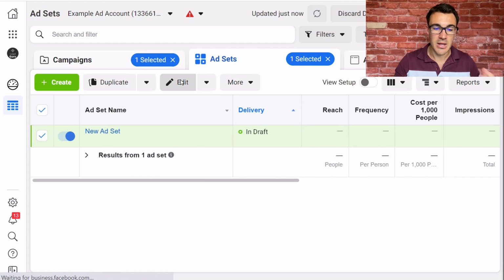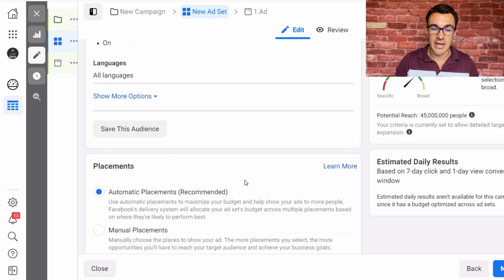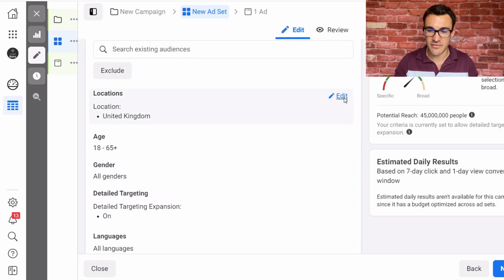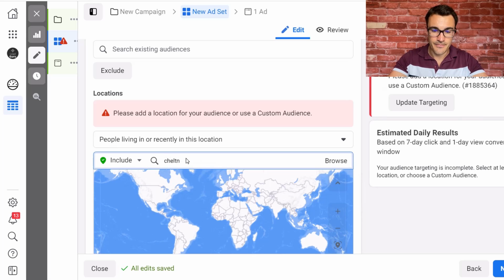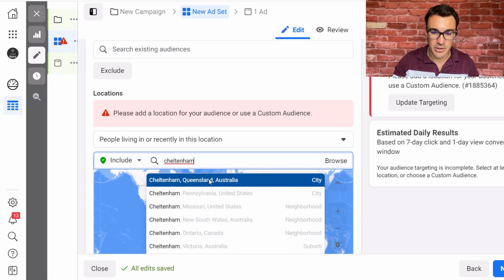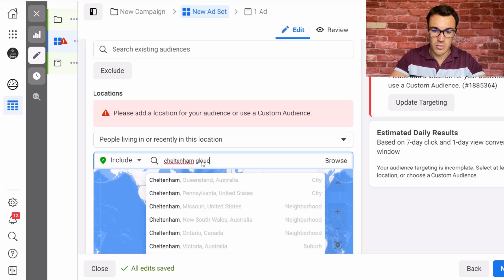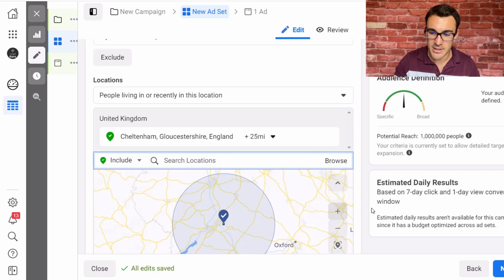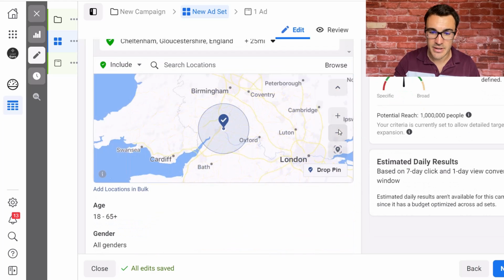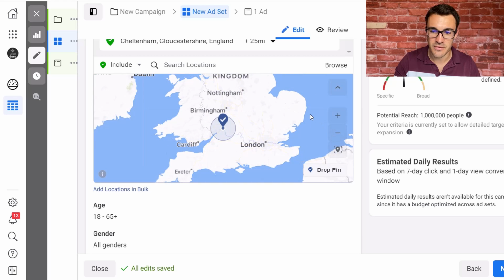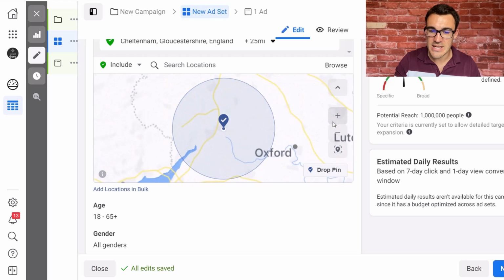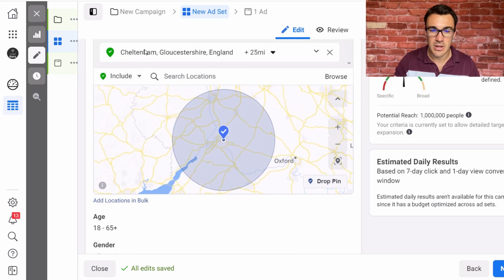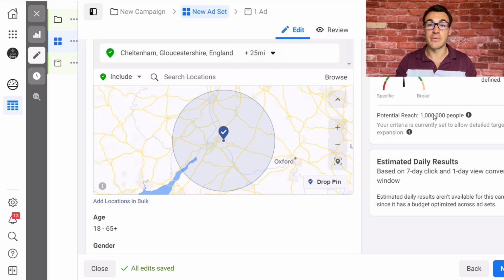So I'm going to go to the ad set level. I'm going to click edit and go down to the location targeting, and I'm going to demonstrate a bit of an example here. So obviously it's defaulted to the UK because that's where I'm based, but I'm going to put in a specific location in the UK, Cheltenham, which is a city near where I live. For those of you who aren't aware of the geography of the UK, it's over here in the west of England. Now, you can see that the default for Cheltenham plus 25 miles is 1 million people,